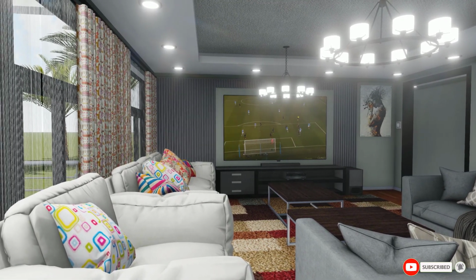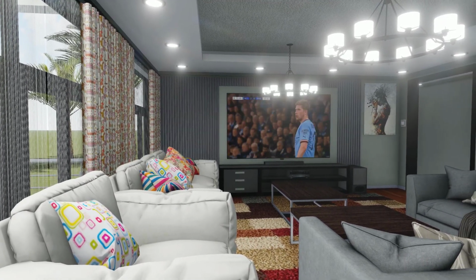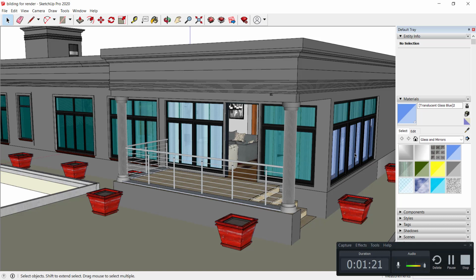So let's get started right away. Now in here you can see we have a building already in place. This one I've done in